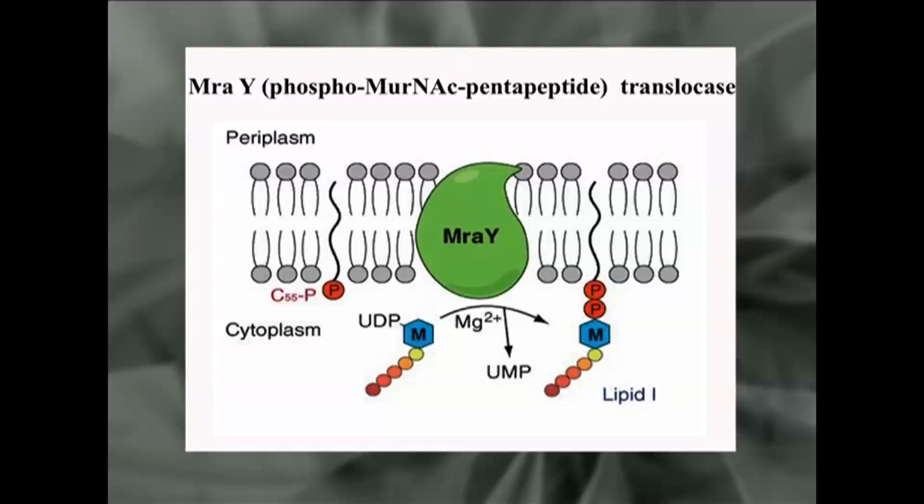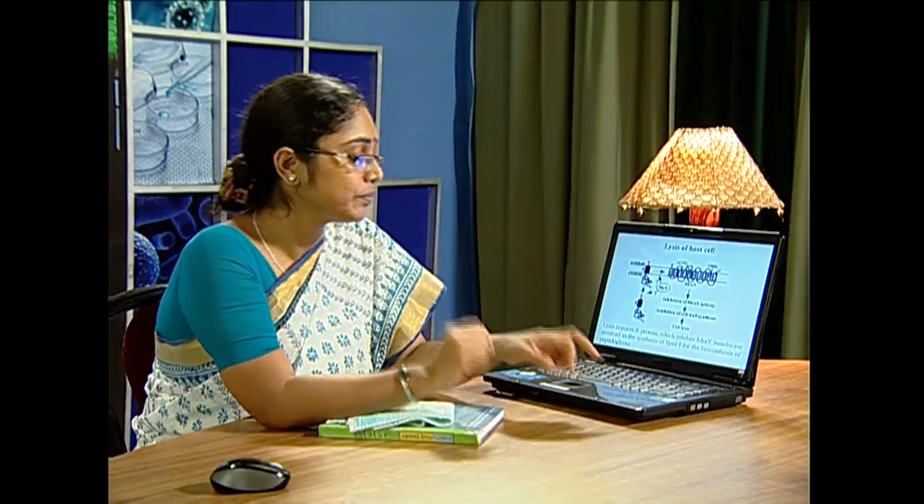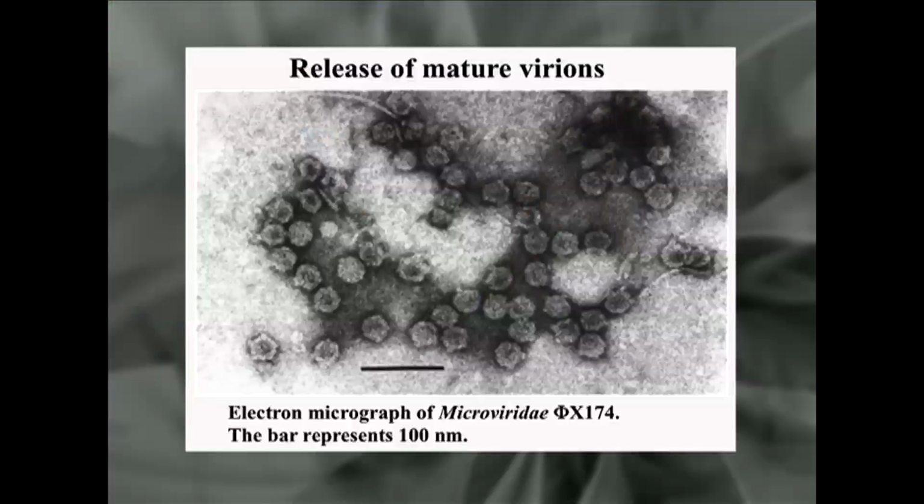Lipid I is a precursor lipid for peptidoglycan biosynthesis. So, when MraY translocase activity is stopped, peptidoglycan synthesis is hampered. So, the membrane will become fragile and the newly formed virions can come out very easily. So, the gene E product is indirectly helping the phages to come out, and the new phages will be released. So, today we have studied the life cycle of